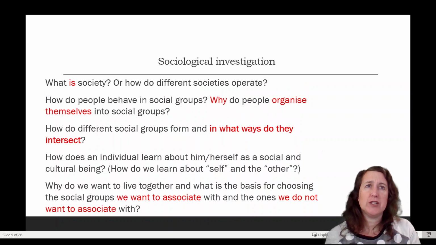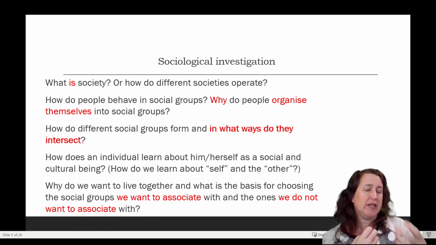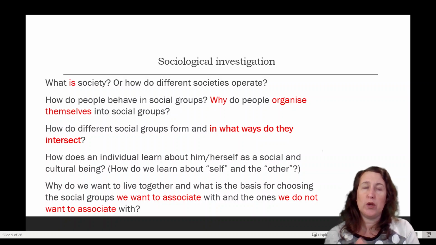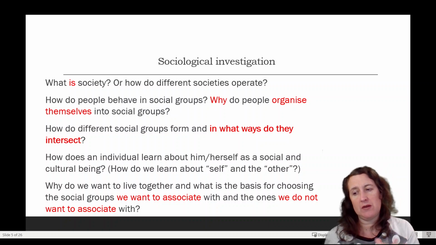So sociology looks at solving particular problems, and it solves them in different ways and looks at different problems than what you'd find in educational psychology, which is very much about how people learn and the context in which they learn.